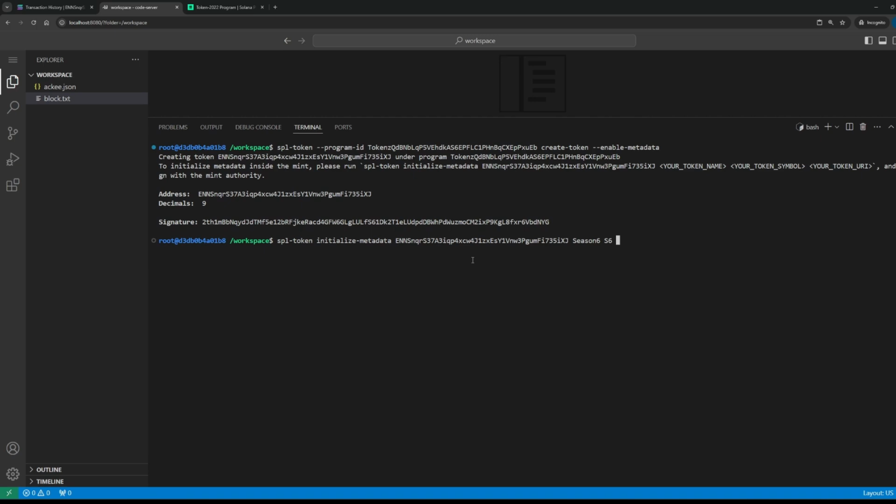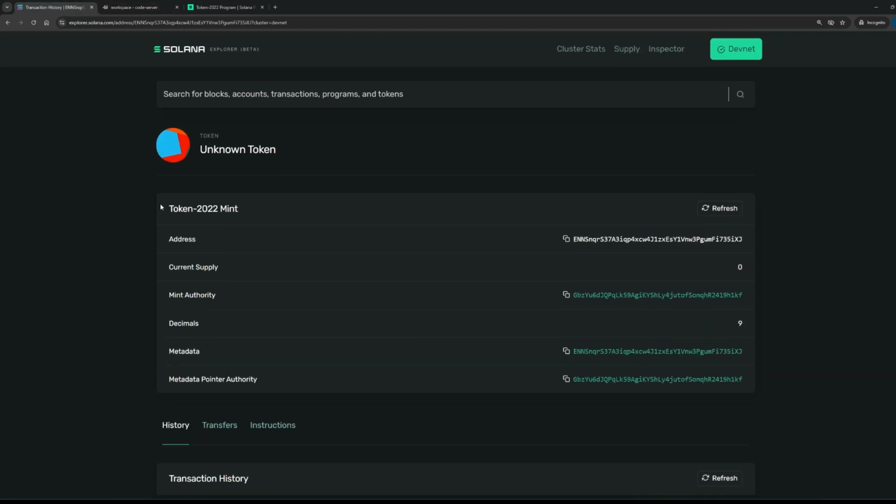In the URI, actually the picture is contained and also some kind of additional information. In this case, I will show you the URI and the contents. So for example, let's use something funny. All right, but I need to check it on mainnet.